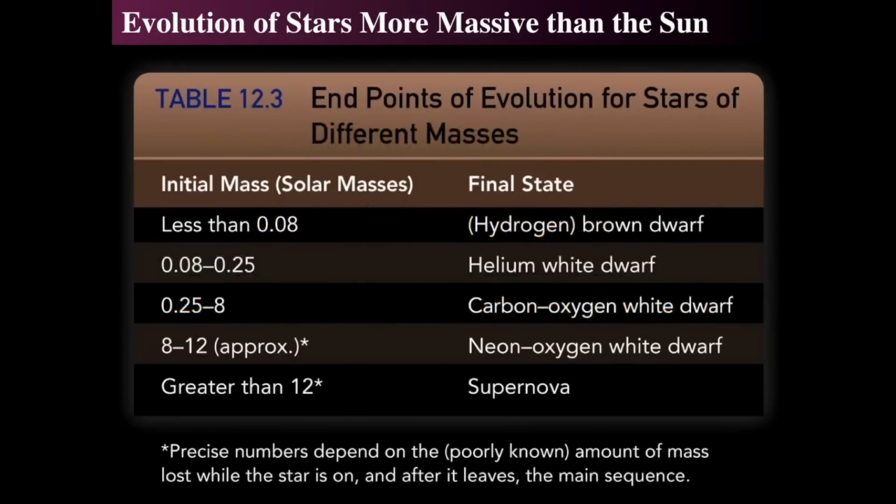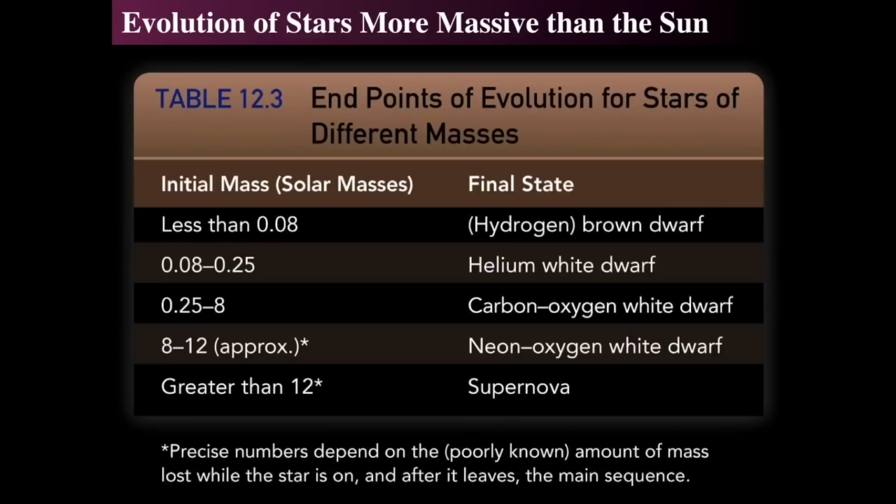The endpoints of stars of various solar mass levels are summarized here. This comes from one of the Paterson type textbooks. If a star is really small, less than 8% the mass of the sun, it does not do anything dramatic. It becomes a brown dwarf, and it never initiates hydrogen fusion. Between about 8% and a quarter of the mass of the sun, the final end state would be a star that has completely converted itself from hydrogen into helium,